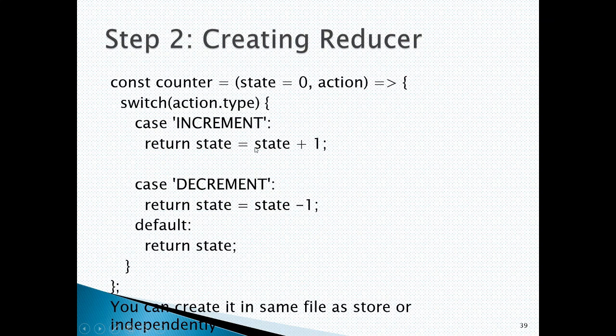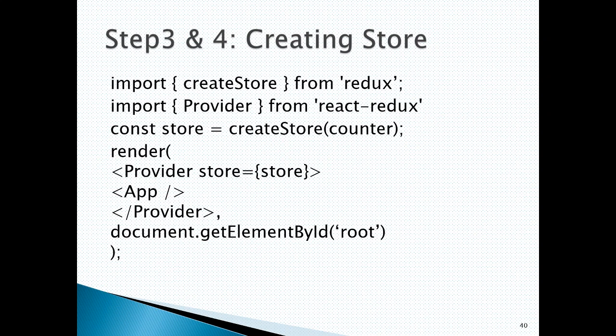Keep in mind, every time it returns a state, it returns a new state. It does not override this state variable, although the name is the same, but it has a previous state and a new state by default in a reducer, in your store. You can create it in the same file as the store, or independently, or anywhere else. It's up to you. You have to import it. You can create a reducer file and call it into a store file, or you can directly create the store in your main app and create the reducer in it.